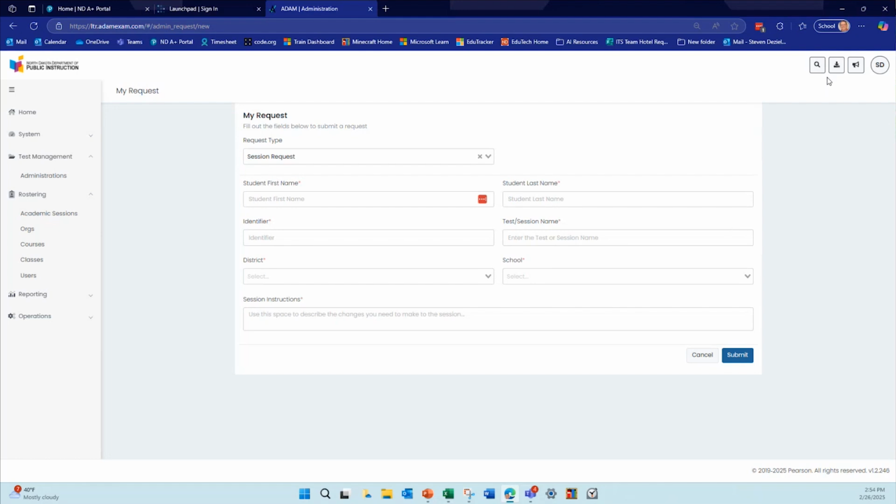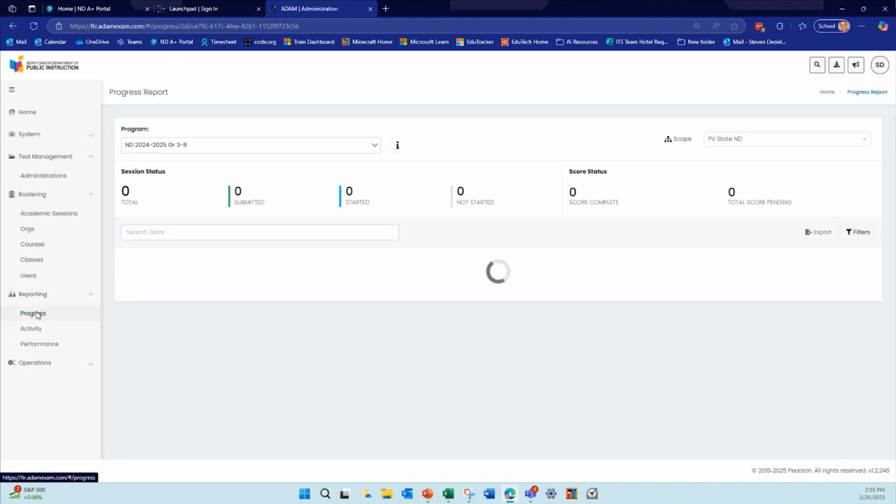Okay. One last thing is the progress reports within the Atom system. If I'm looking for a report of students that have not started, ones that are done, in progress, all those different statuses of the tests of the students, I go to reporting on the left here, in my school coordinator or district admin dashboard. Those are the two that would have access to doing all this stuff I'm showing you. If I go to progress,